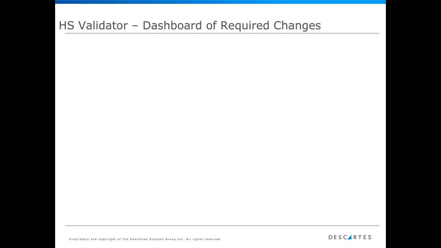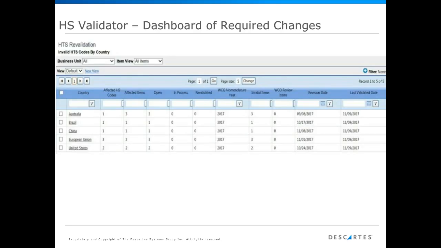So let me show you just a couple of screens from the Validator. Once your items are loaded into the HS Validator, the system does an initial review of the existing codes, as we mentioned. It produces a summary which can be seen on this dashboard here. And if you see where my arrows are pointing, this is just a small sample set, but you can see the column indicating the number of affected codes and the number of the affected items by country. In an actual company data set, this may look much larger, such as 200 tariff codes and 10,000 items affected,